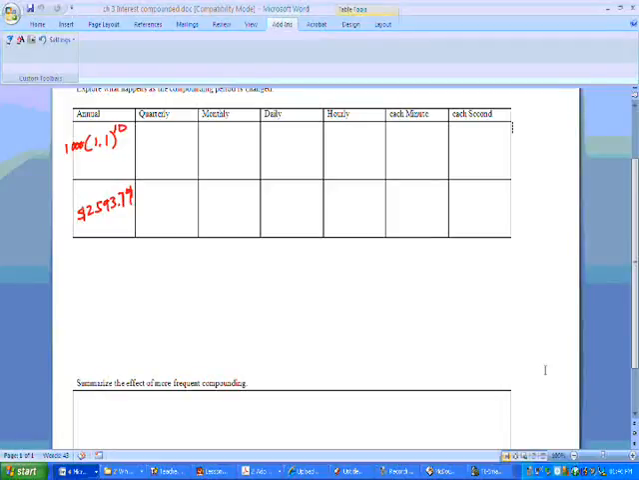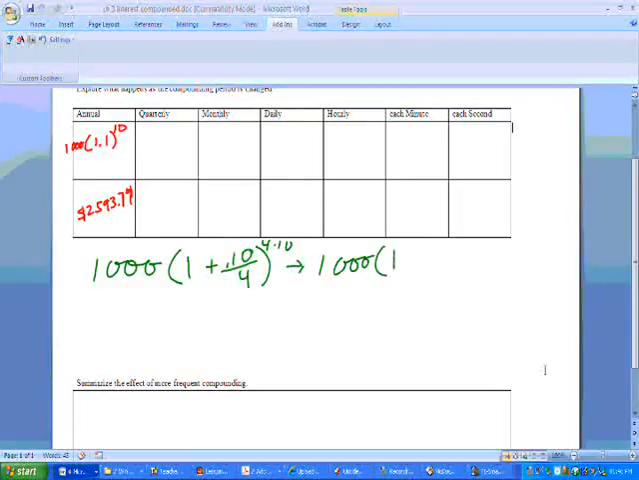When they start talking about compounding it quarterly, that means that they do it 4 times a year. So what I'm going to do is take the $1,000. You still get the 1. The interest rate is going to be split 4 times. And because we did this 4 times for 10 years, we're going to get 1,000 times